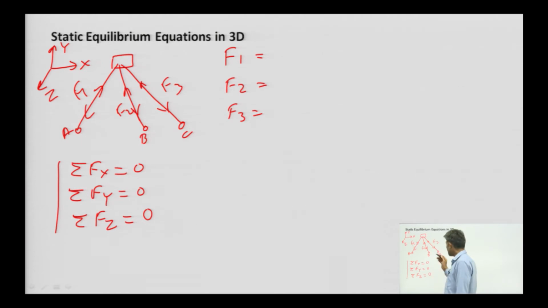Okay. In 2D it is very simple. Any force acting with some inclination, we can resolve into perpendicular axes, but in 3D we can imagine and calculate, but the possibility of error is very high. So, in that case